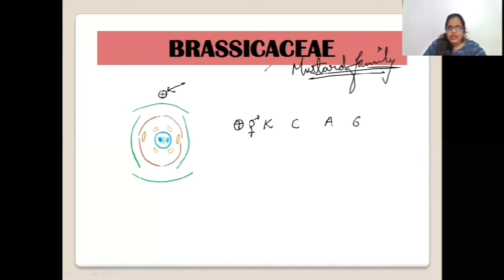Now coming to the first whorl, that is the calyx. Sepals are present, total 4 in number, but these are not fused. You can see 2 are present on the outer side, whereas the other 2 are present on the inner side. So I have to show that these are present separately in the form of 2 plus 2. This one together forming 2, and this one together forming 2.